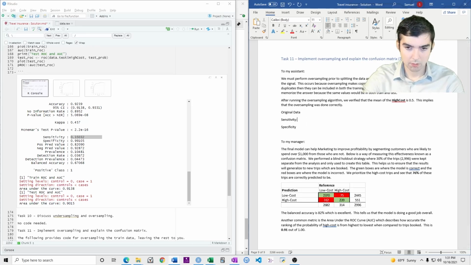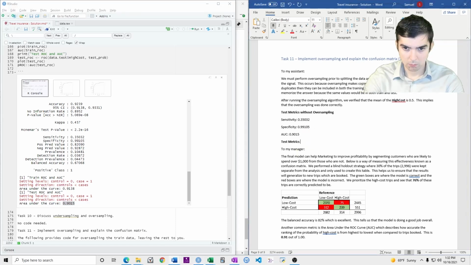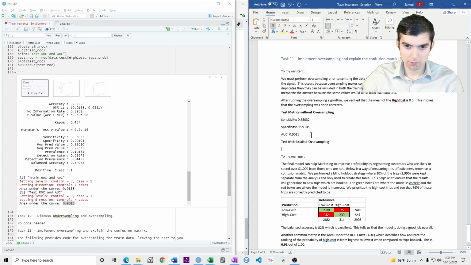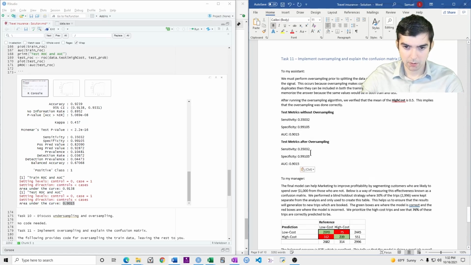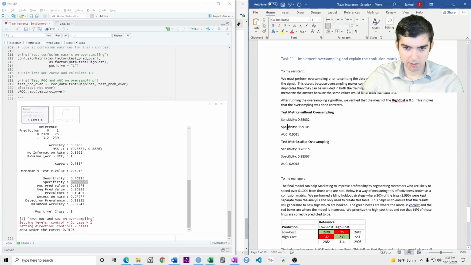Specificity. And then test metrics after oversampling. We actually don't really care about specificity. I think balanced accuracy.